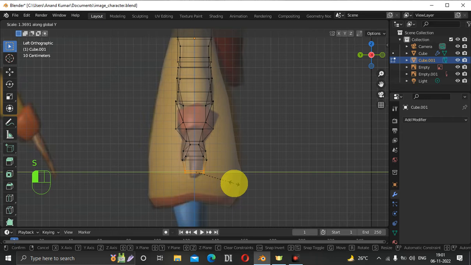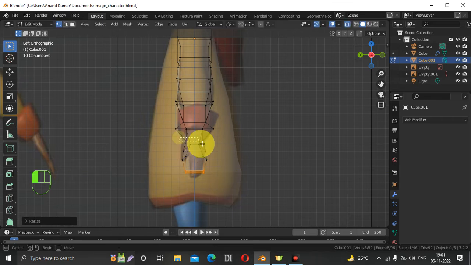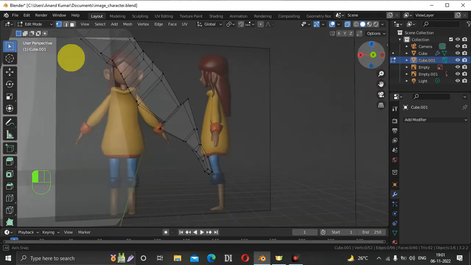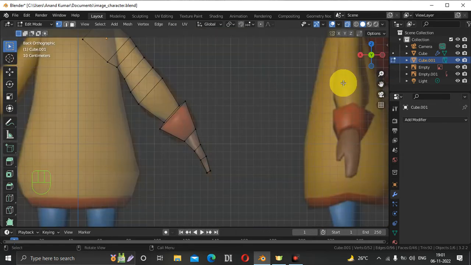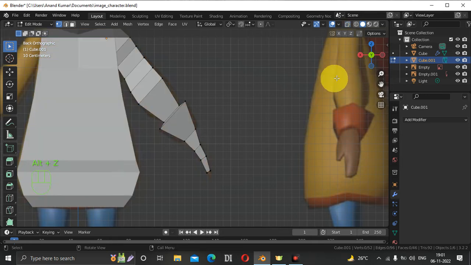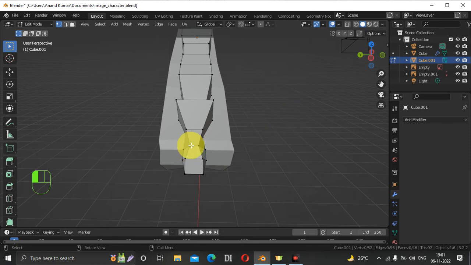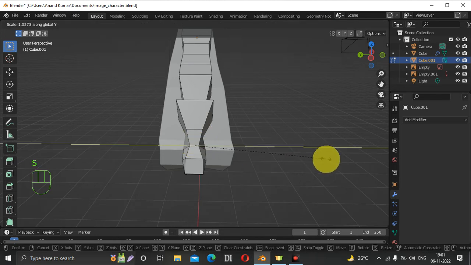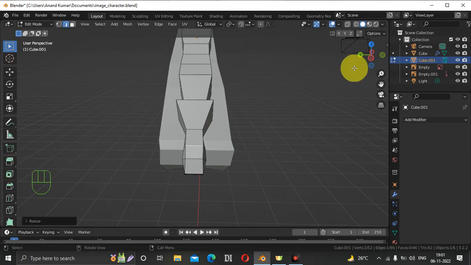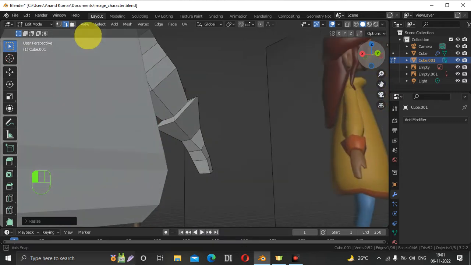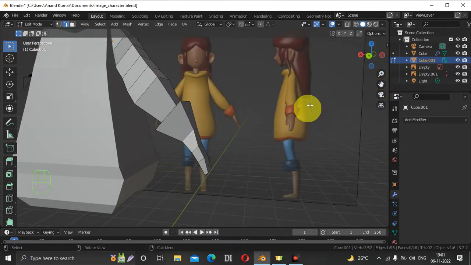S and Y. Fine. Now, let me go to, let me make this wider. So I should choose each here and make it S and Y. Fine. Now this is a bit much better, and we can extrude this face